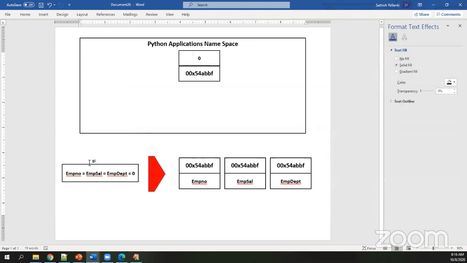So if you are looking into this composition very carefully, you can always come to one conclusion.